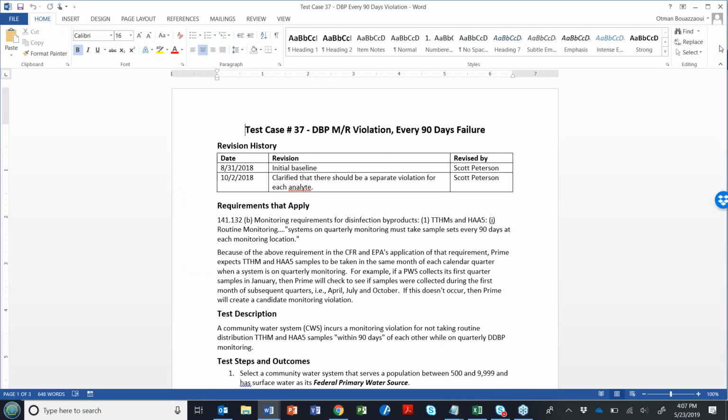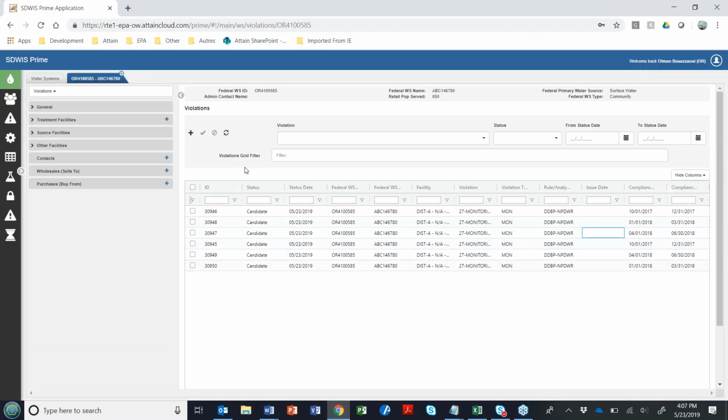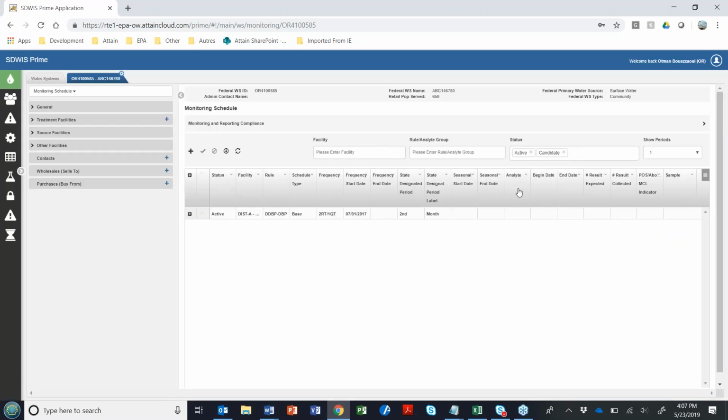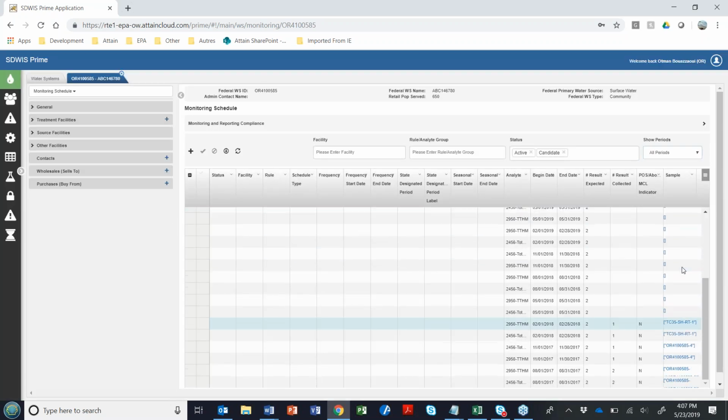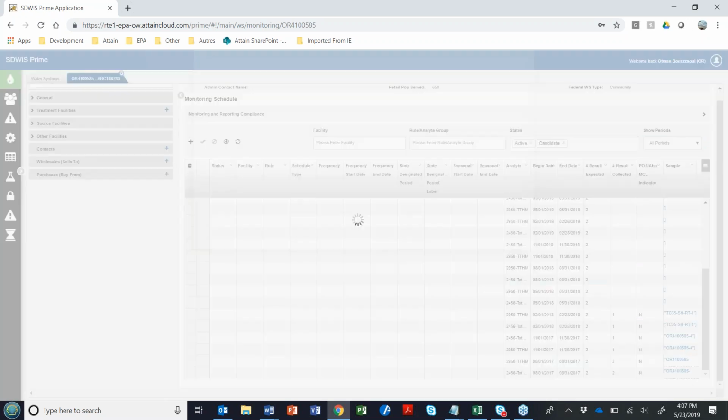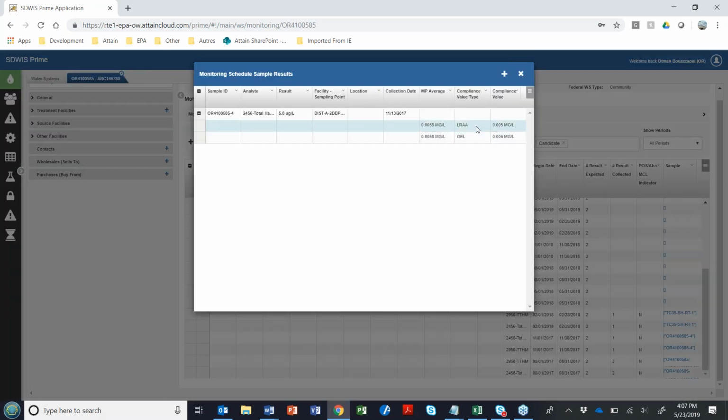There were, oh, one just came in. I'll go ahead and read it, and another one came in. So the first question was, will the MCLs calculate and actually show up on the compliance report? And I believe that she's referring to the LRAAs. I missed it if you showed it, but you can go ahead and show that the LRAAs do display from this location and the OELs as well, as you can see right there.